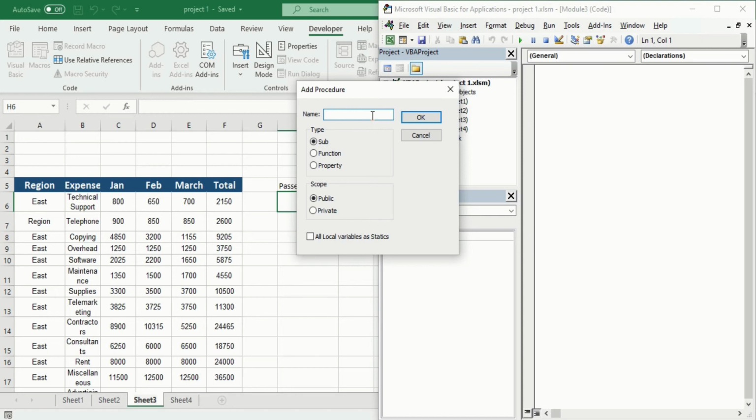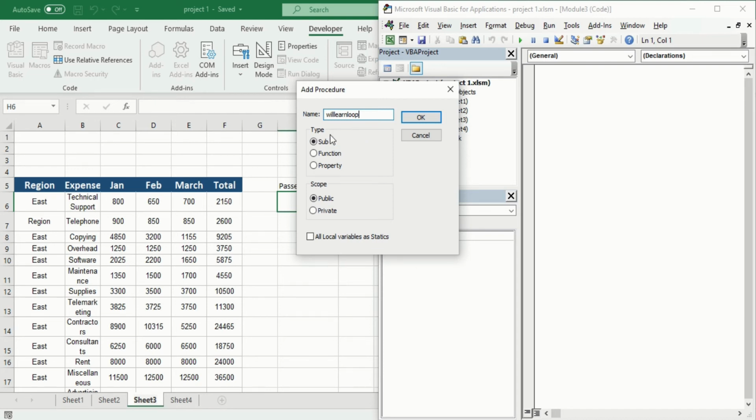So I have to give a name to my procedure. I will call it "learn loop". Do not leave a space in your procedure name because it's a macro. Like in my previous videos, I already told you, when you save macros, even with a macro recorder, you do not put spaces in between. So you cannot put space in the procedure name either, because it's a macro.